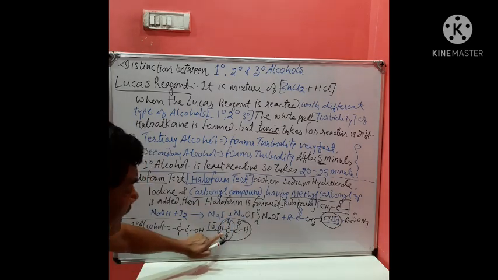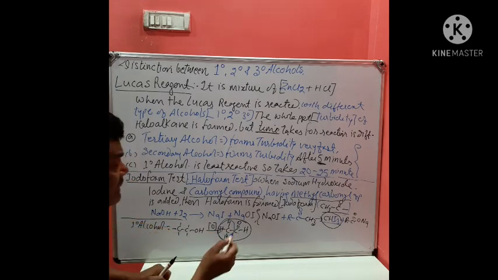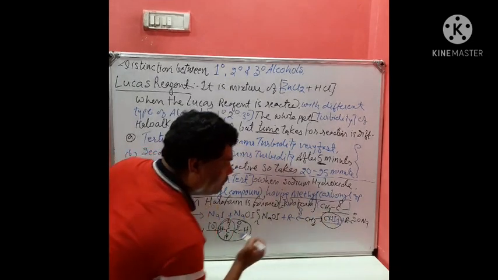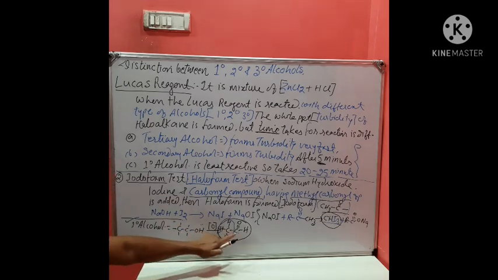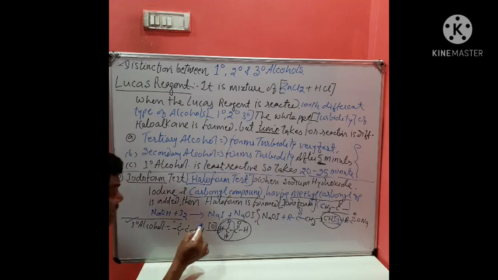So methyl and carbonyl group are present. That means this will form iodoform. So what we can say? Primary alcohol, if we select ethyl alcohol, only ethyl alcohol can